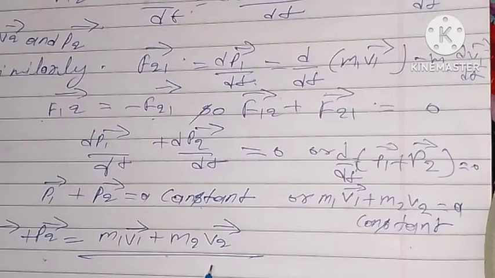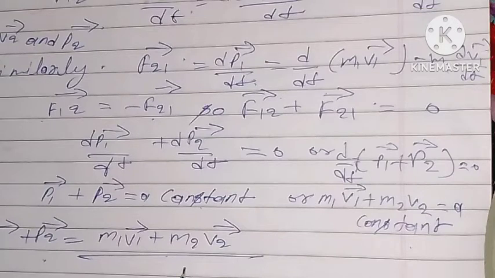Hence we conclude that if Newton's second and third laws of motion hold good, the total linear momentum of the system of two particles remains constant. The above law can be extended to a system of three or more interacting particles. The law of conservation of linear momentum is therefore a basic law, and it is stated as under: